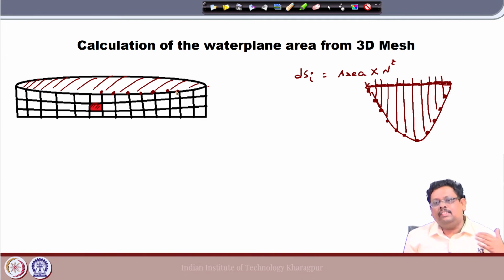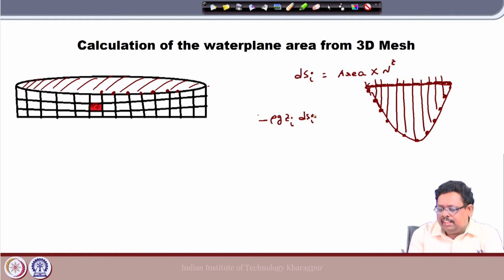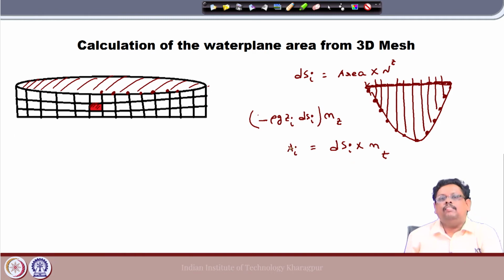When you calculate the hydrostatic force, what did you do? You calculate minus rho z, the centroid z i, into dS i, and then you take the projection n z. But now what you need to do is take the dS i and take the projection. That will give you a piece of the water plane area. So now if you add these A i, then you get your water plane area,